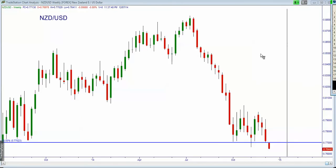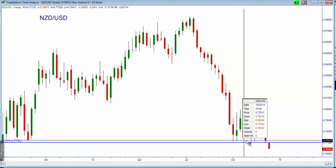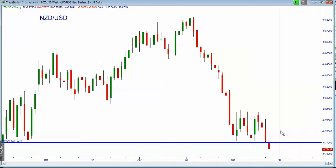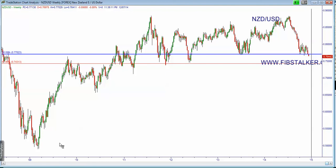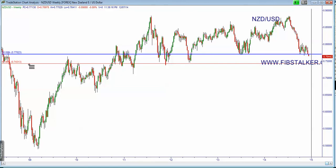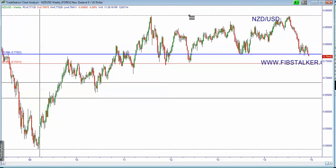And finally, the New Zealand dollar versus US dollar. This market reacted the first time at this 0.77 here for this trade, a second time for this trade, and then it came back and stopped us at break even here. It's now continuing lower. So there is this 0.7431. Of course, this market is very similar to the Australian dollar, and now there is the potential for this market, if it breaks this 0.7431, to trade all the way into the